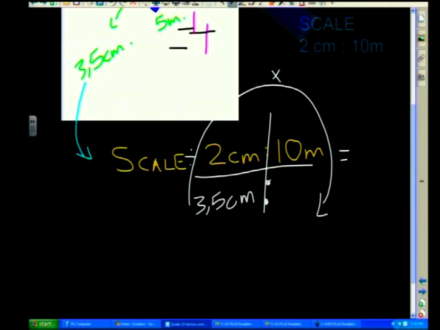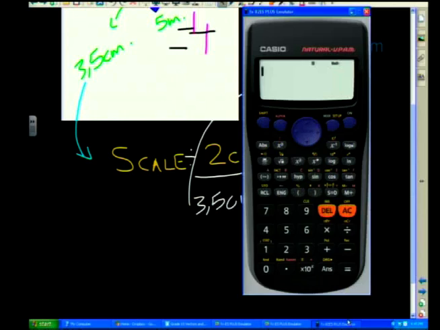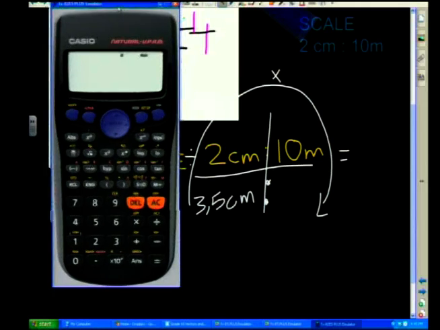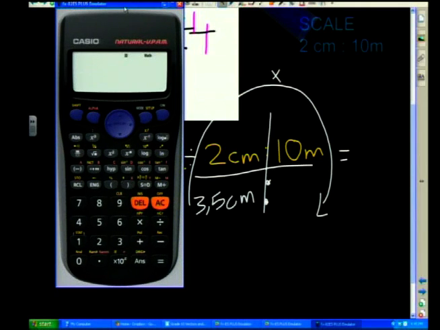I'm actually going to show you how awesome this is on this calculator. So let's do this together. There we go. Right, we got a little bit of space. We can see what we're doing. Okay, so I'm going to take 3.5. There we go. Now I'm going to make it into a fraction. So let's put it into a fraction. And that's the wonderful thing about this calculator. It just does it for you.